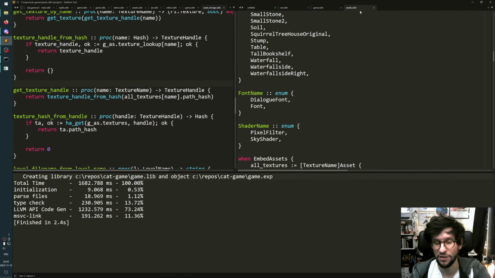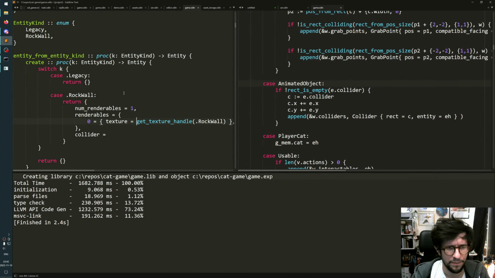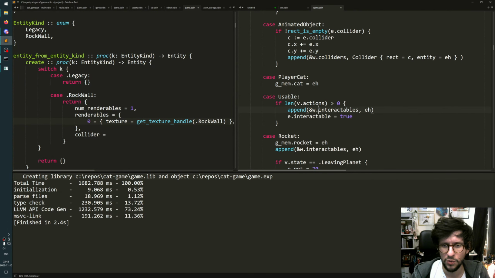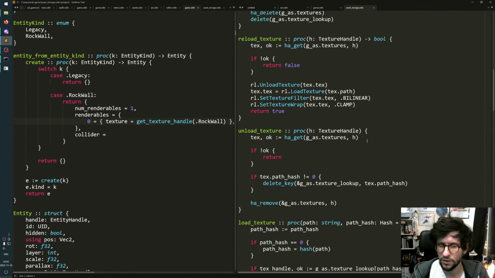So this is actually a generated Odin file. It runs just a little pre-generator that runs before anything happens. And yeah, so it would be cool if, let's go to asset storage.odin, scroll down here,